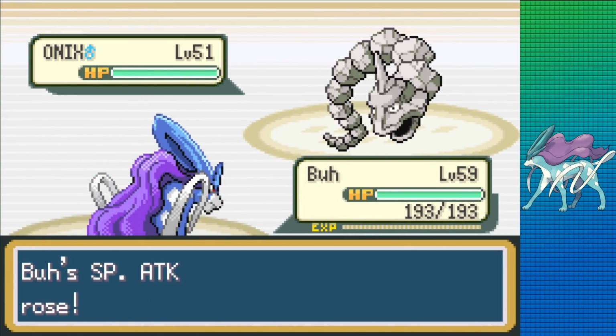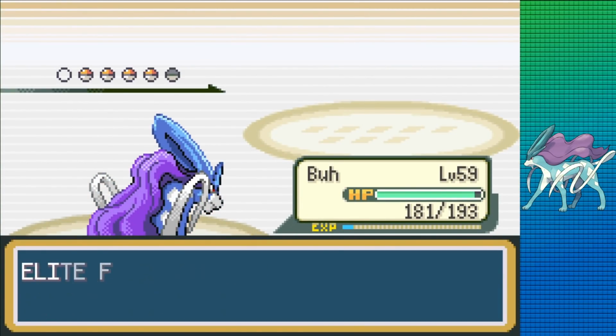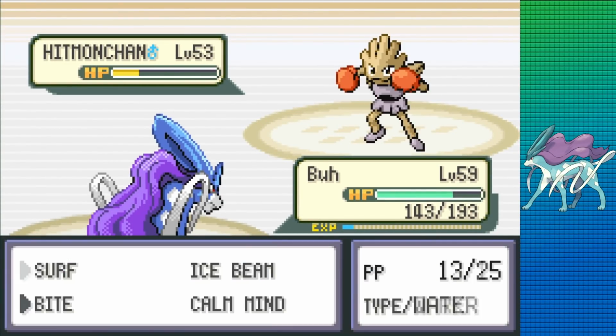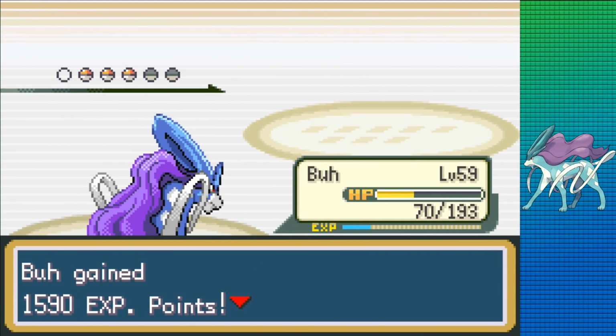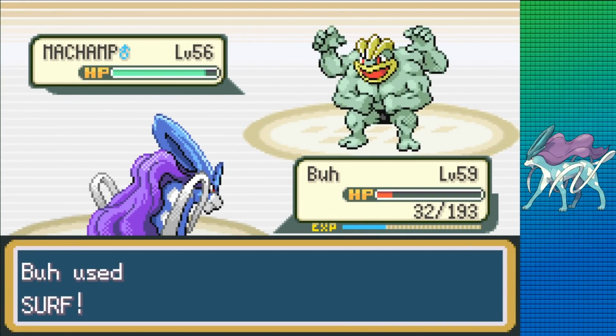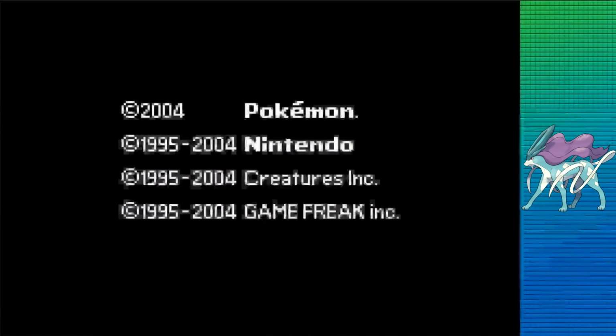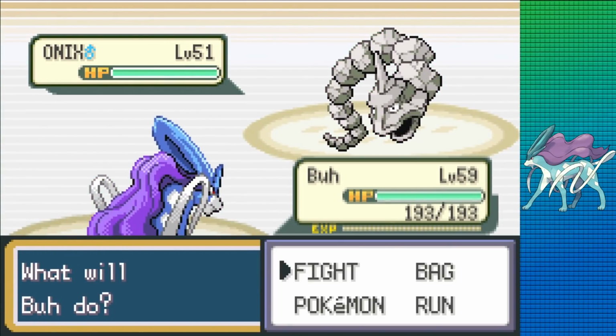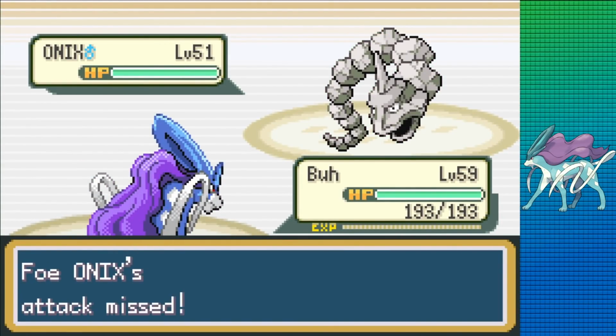Bruno's a bit of an afterthought here, as he leads with Onix, meaning I can set up Calm Minds pretty easily without being too punished. I go for a single one, getting hit with a Rock Tomb and being slowed, which, surprisingly enough, -1 is enough to basically turn this battle downhill, as all of Bruno's Fighting types are now able to outspeed Suicune at -1. So, attempt number 2, and he straight up misses 2 Rock Tombs, letting me set up 3 Calm Minds